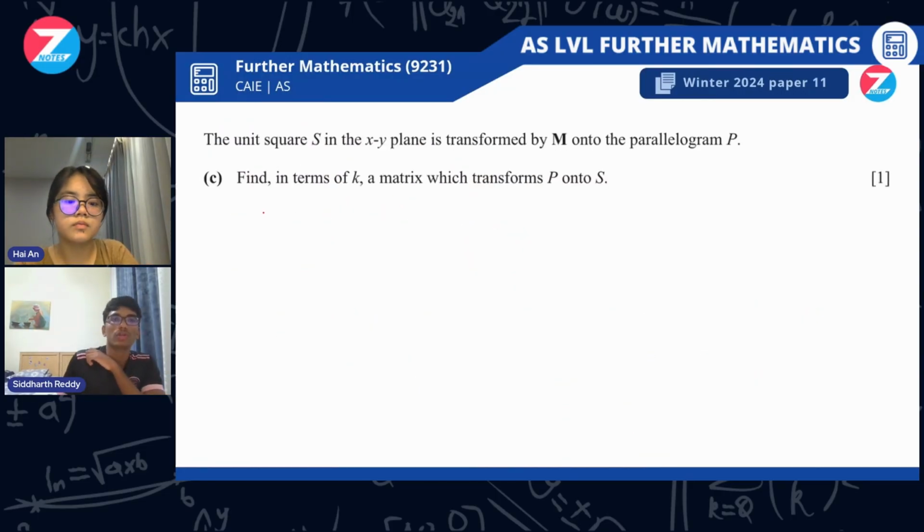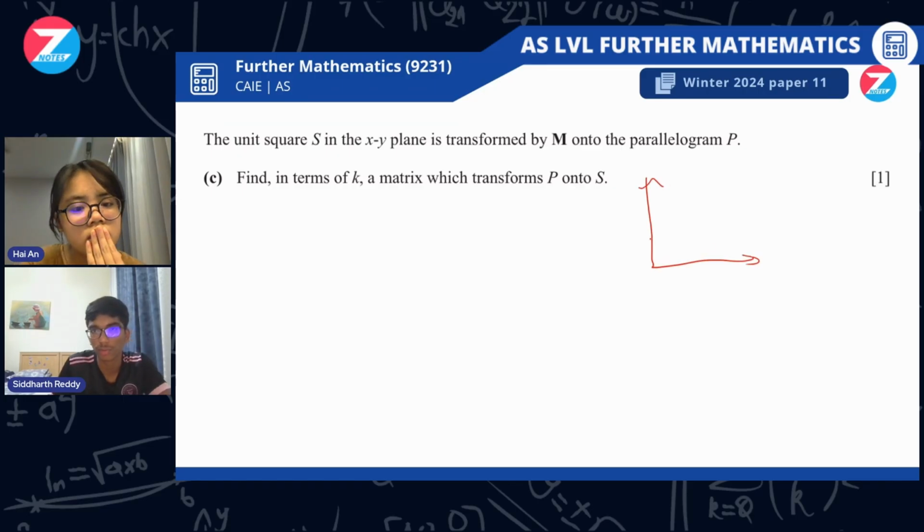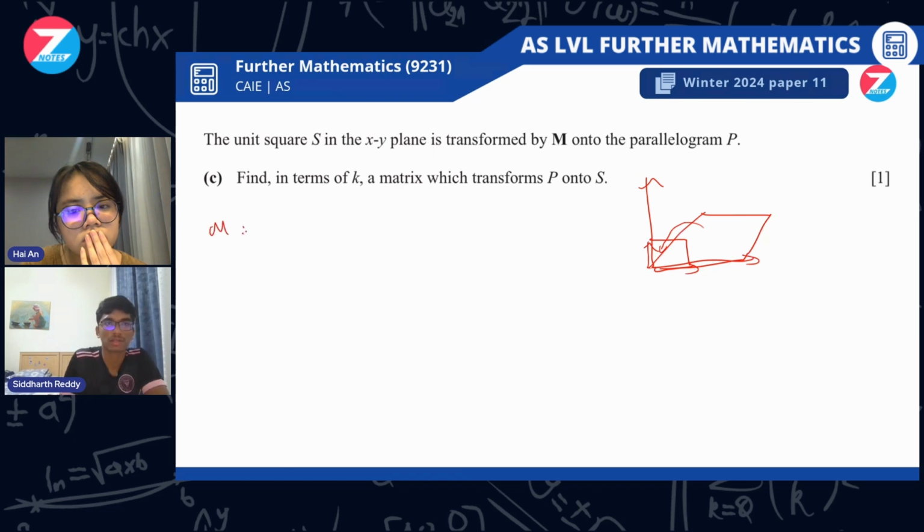The unit square S in the xy plane is transformed by M onto the parallelogram P. The unit square, which is formed by i hat and j hat, is mapped onto a parallelogram P, something like this. Find in terms of k a matrix which maps P back onto S. The matrix M maps S onto P, so we need another matrix, which in this case will be the inverse matrix M inverse, which maps